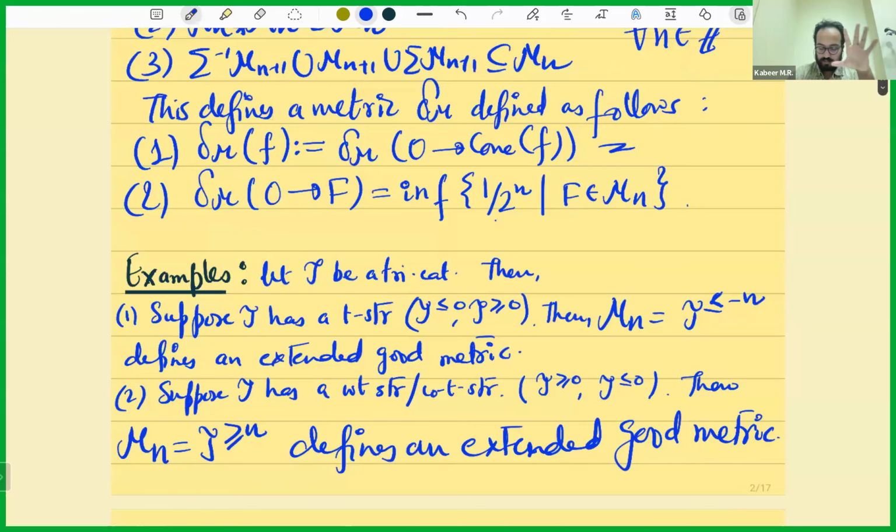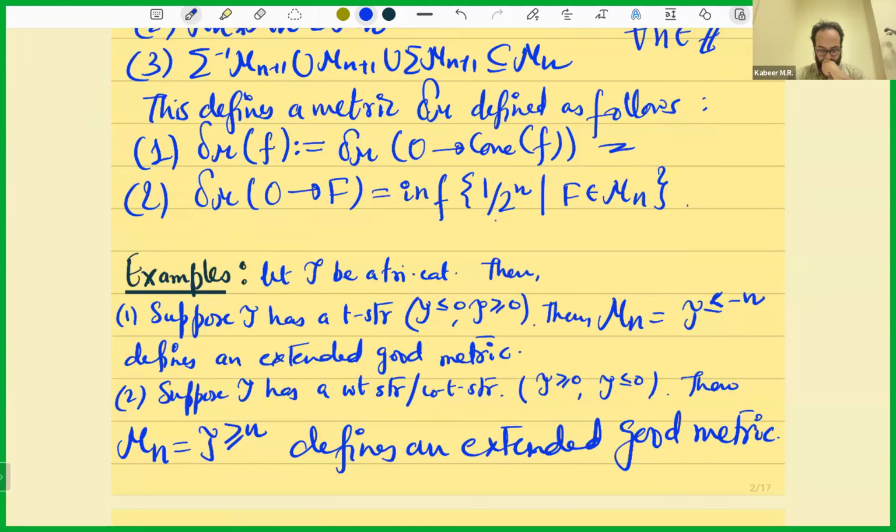Do let me know if there are any questions at any point. Kabir: When you're writing your weight structures, the bigger than or equal to zero, the smaller than or equal to zero, you are still writing them as superscripts. Yes, so all of the notation is cohomological, and the co-aisle is the right orthogonal to the aisle in both cases, and the aisle is written first and the co-aisle is written second. Is that fine? Yeah, sure. Okay.